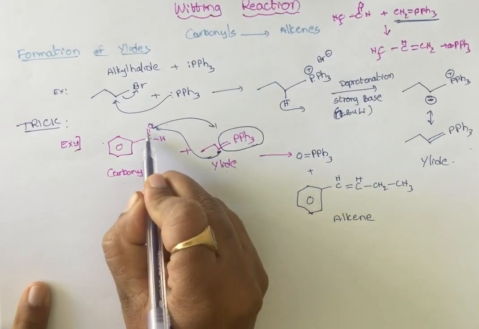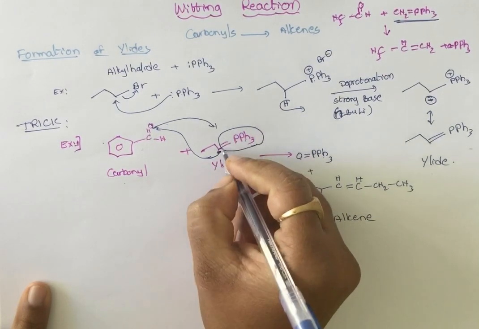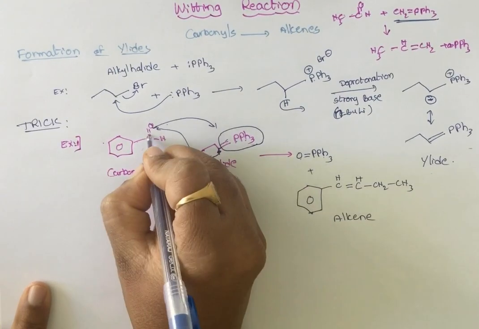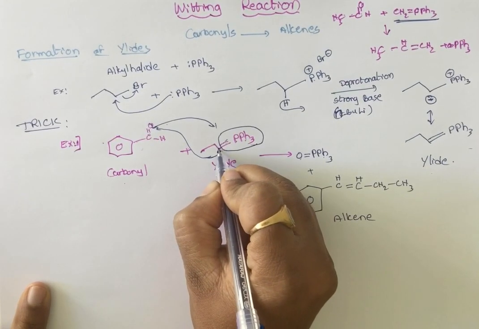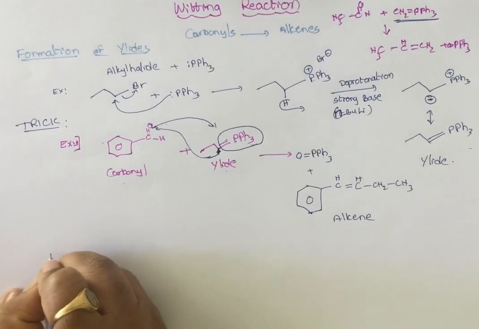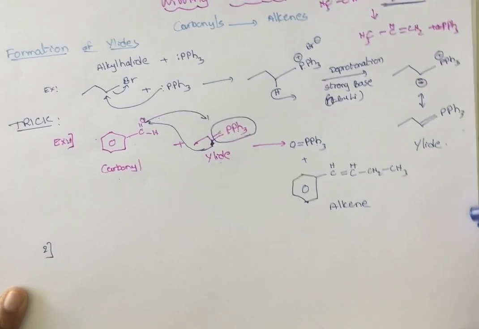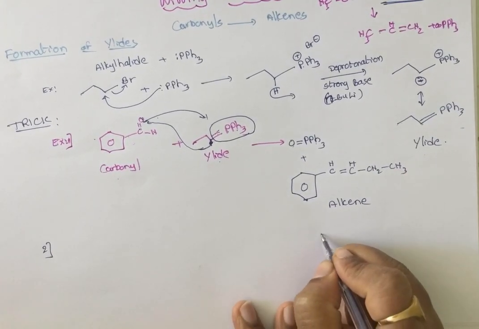Now, which carbon should be attached to this double bond? See, the double bonded carbon here we have now. This should be attached to this carbon. That's the main important thing. Don't go for this carbon; it will attach from here. One more example I will give you, that they ask in the exam, where the product is given directly.